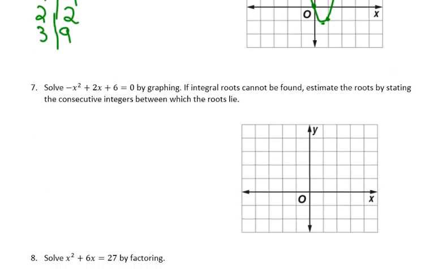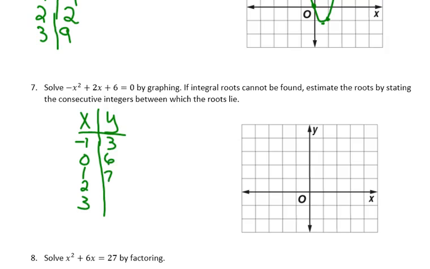So when I do a table of values, I get 3, 6, 7, 6, 3. So (-1, 3). Again, I put that into my calculator. (0, 6) isn't going to show. It would be way up here. (1, 7) isn't going to show. It would be up here. (2, 6). And